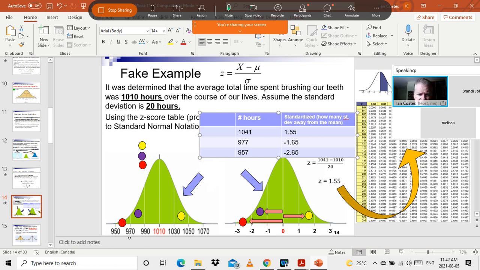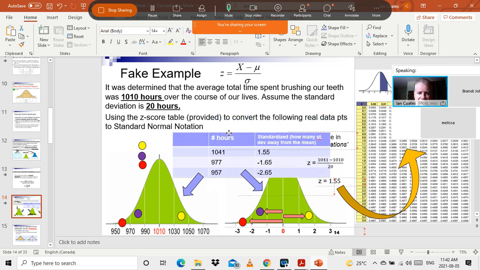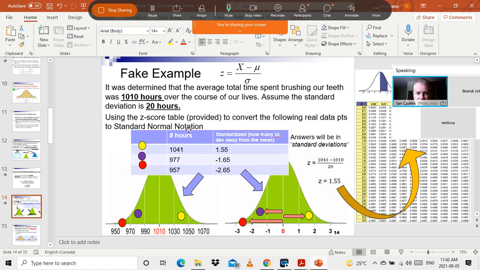Another negative 20 takes us down to 970 and 950. Okay, fine and dandy. Whoopee-doo. Ian, what's that got to do with the price of eggs? All right, so